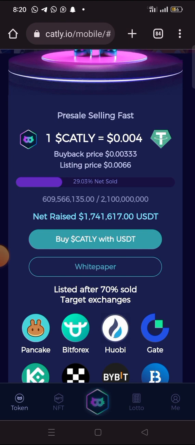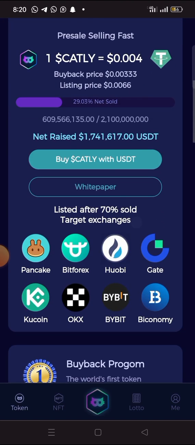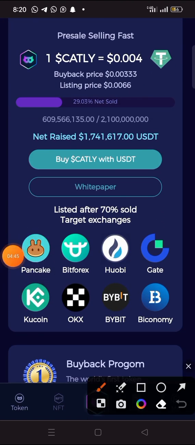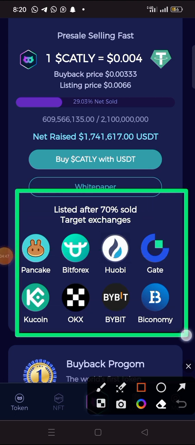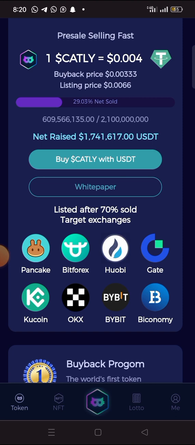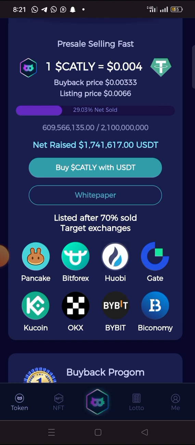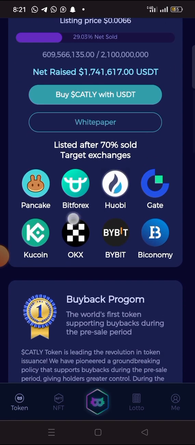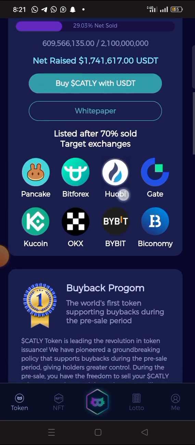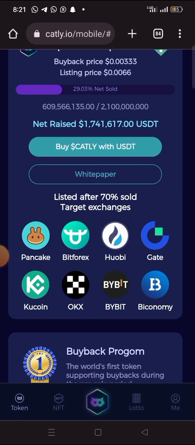They want to sell about 70% of the Cartley token, and this is their target exchange they want to list it on. After they have sold out about 70% of it, they will list it on these crypto exchanges. So before it gets to the 70% sold target, you have to use the opportunity right now